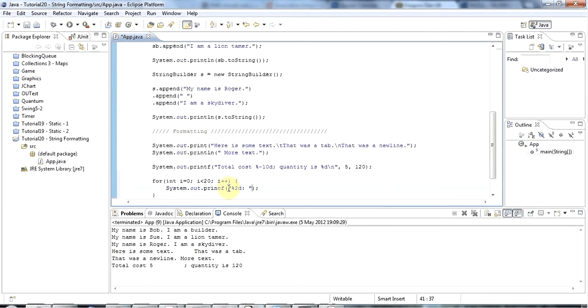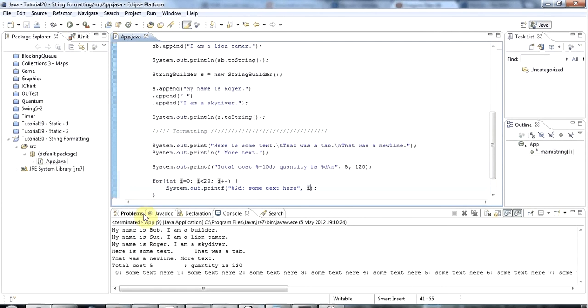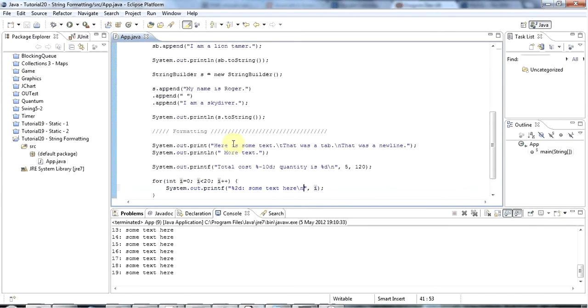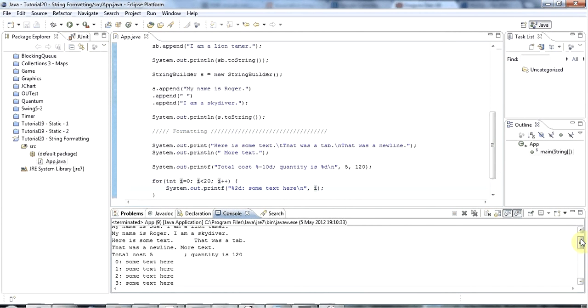I don't really know what, but some text here, let's say, and then let's just output i. Now if I run that, and let's also put a new line here, \n. If I run this, the great thing about it is you can see down here that it all lines